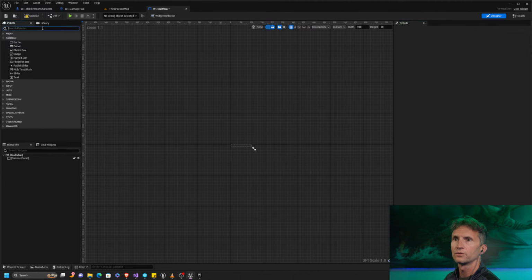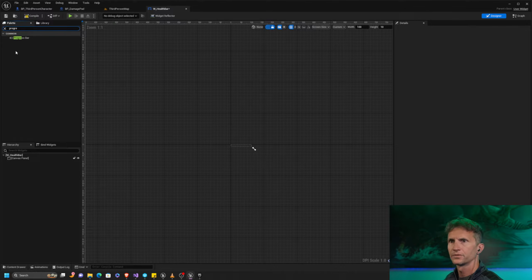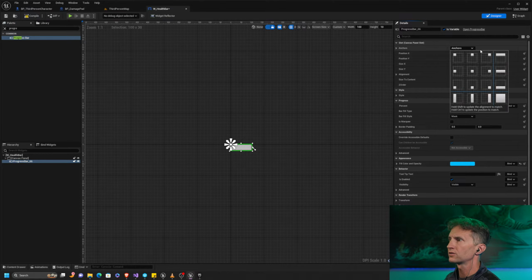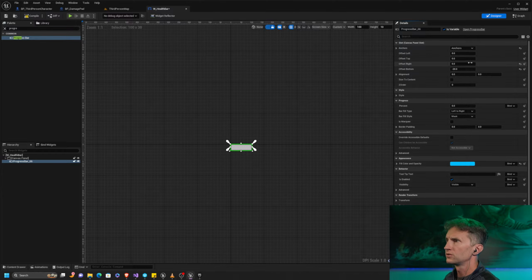But back to what we were doing, we're going to be adding a progress bar. And progress bars are cool. What we want to do with this progress bar is anchor it so it fits, and we need to change our offset because it puts an offset in by default. So now our progress bar matches the size of the canvas. So we have a nice little bar, and we're going to put this above our character's head in a second. A couple other things that I wanted to do with this is